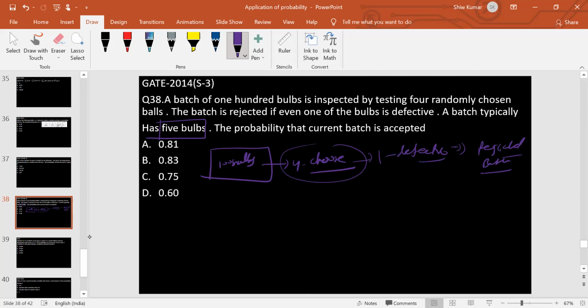You find this out here. So first of all, find the probability of success. That is, probability of success means the probability of getting non-defective bulbs. If you do that, here the probability of success